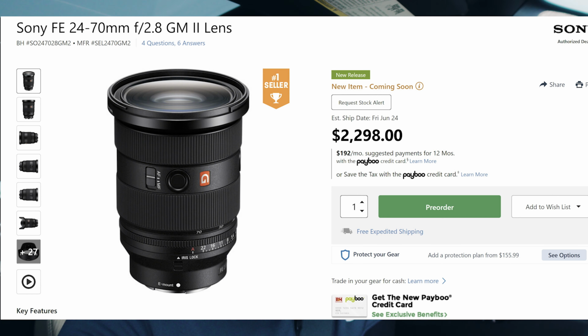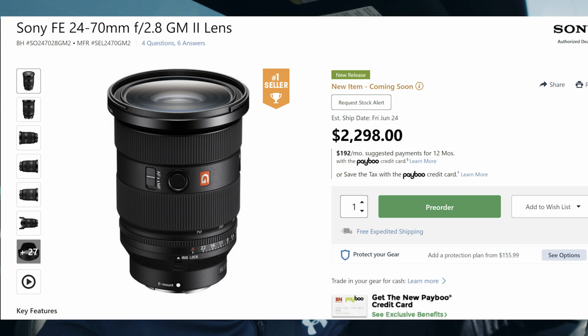24-70 G Master lens Mark II, 24-70 Mark II, G Master lens or GM lens. GM stands for got money, because that lens is a solid $2,300, which is $5 billion in Vietnamese dong. No, I'm not talking about below the belt. That's just what Vietnamese currency is called. Anyways, so